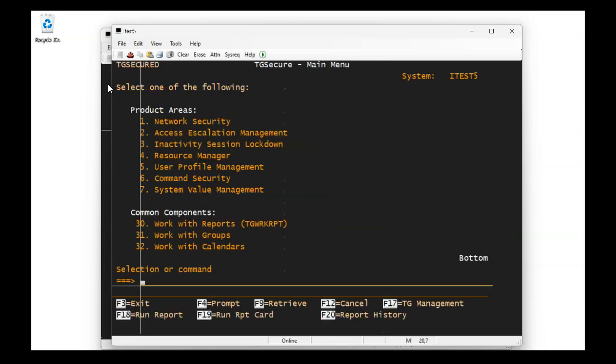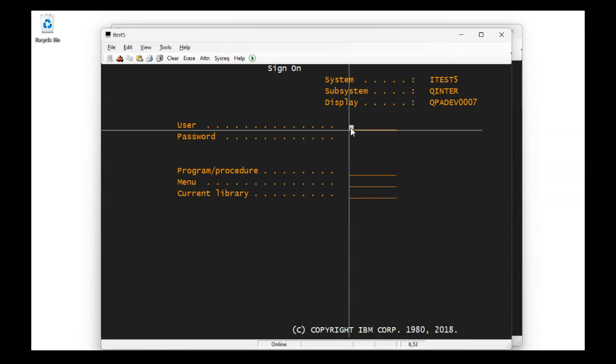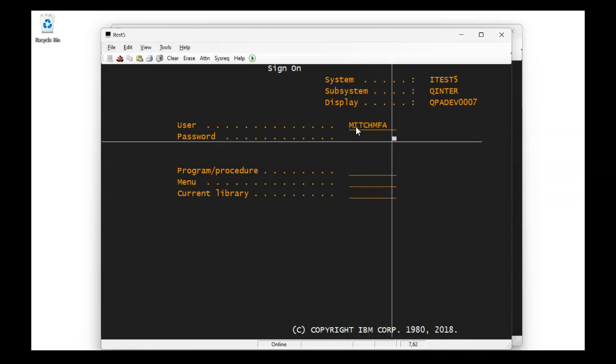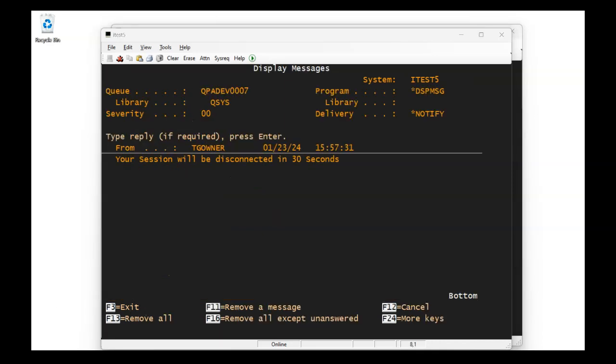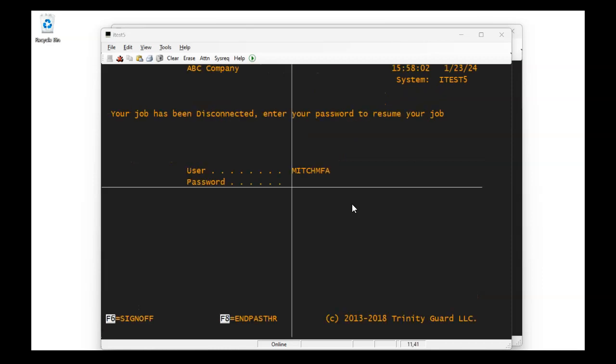Alright, so I'm going to show a demo here. I'm going to log in as that profile that we just made the rules on. And I won't make you sit through this. I'll pause this and come back when I get my warning. Here we see the warning that's come. We've set it for 30 seconds before, giving the user a heads up. We're about to boot you off in 30 seconds. And here we see the